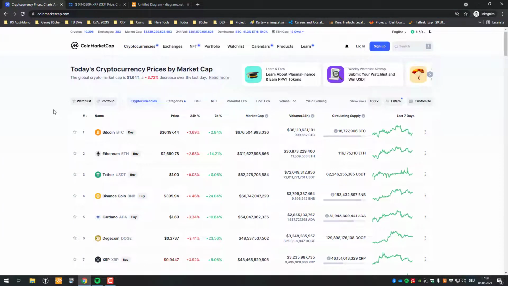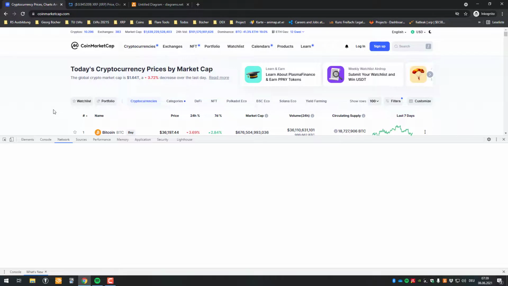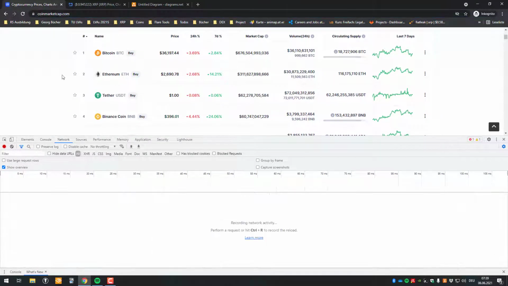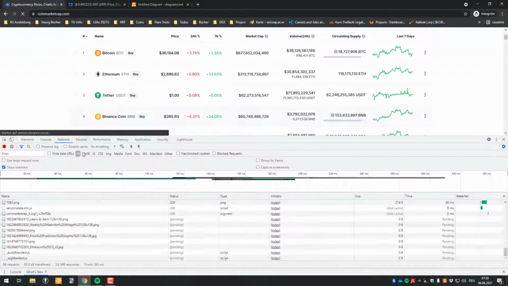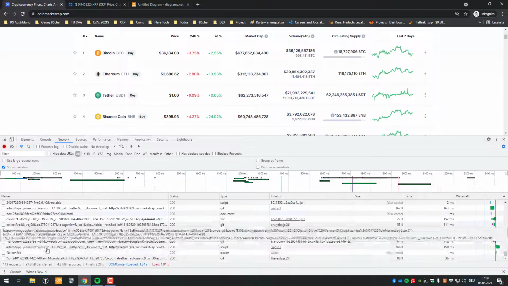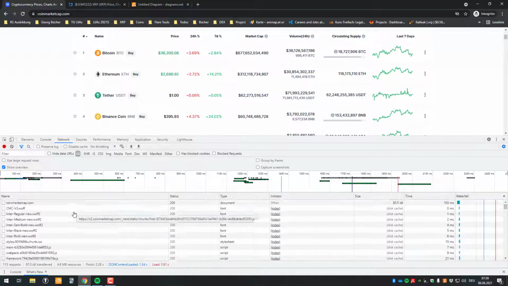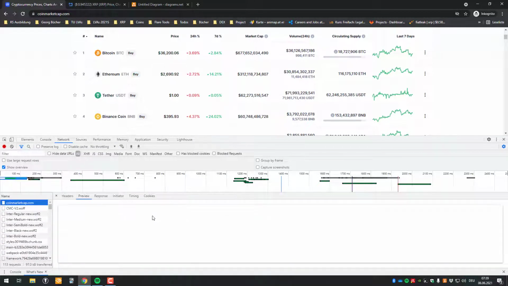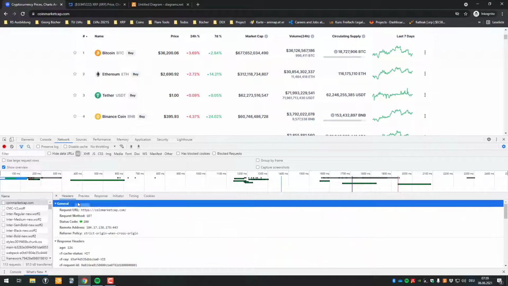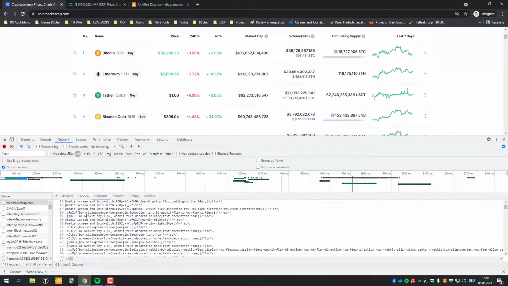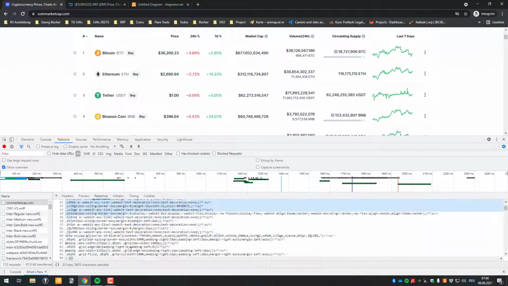If you press Control Shift and I, you can open the dev tools. And when I go to the website and click enter, you can see there are lots of HTTP requests being sent out. Lots of things are happening here, but the general gist is I'm sending a request and it's answering me with the HTML structure. It's telling me what this website looks like. So we can see here it's giving me a full document.